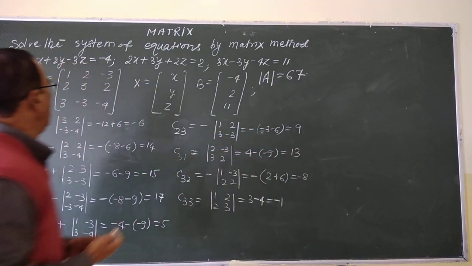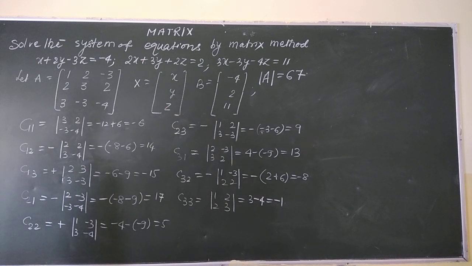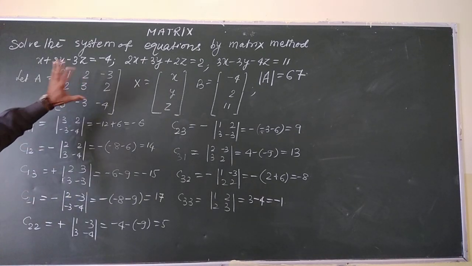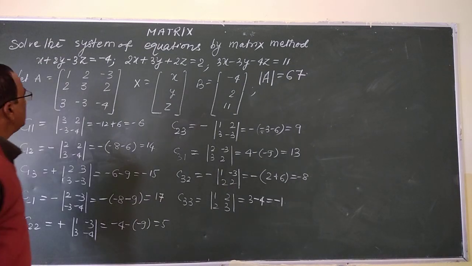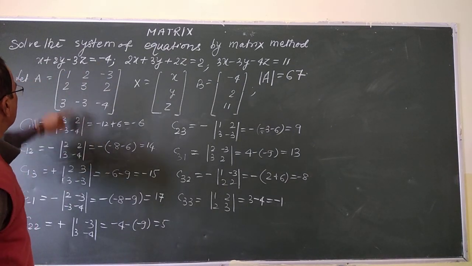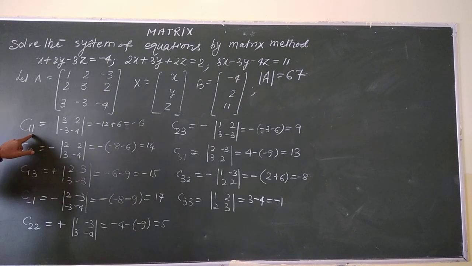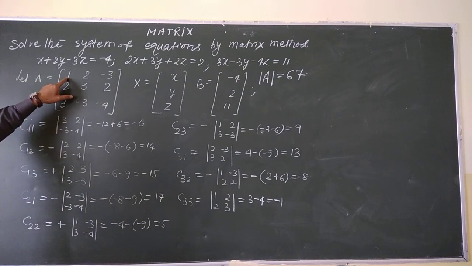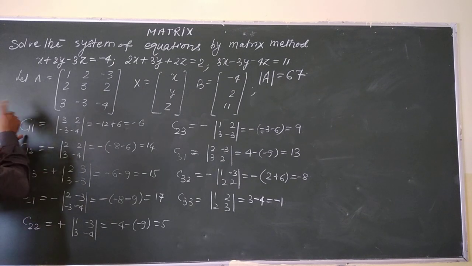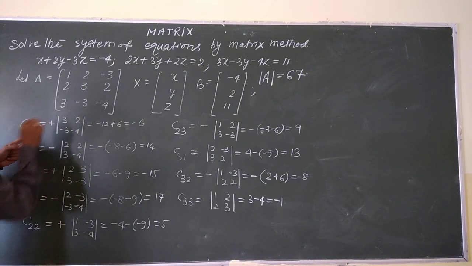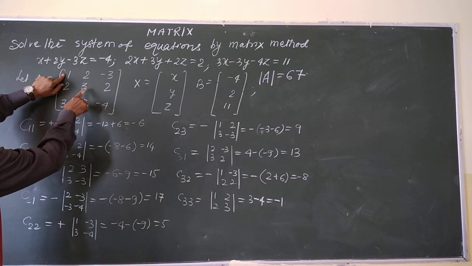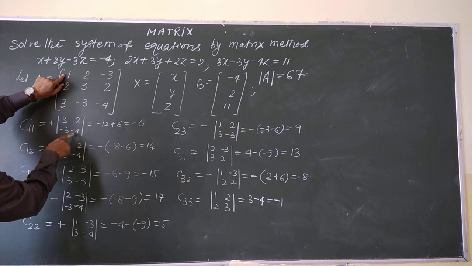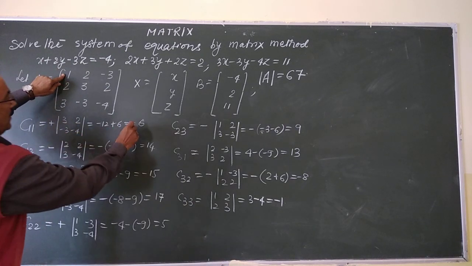Now we have to find the inverse of this matrix, and before finding the inverse we have to find the adjoint, and for the adjoint we have to take cofactors of each element of this matrix. So cofactor of 1, C11, lies in first row and first column. So minus 1 to the power 1 plus 1 is 2, so it will be positive. So 3 into minus, close this row and this column. Then 3, 2, minus 3, minus 4: minus 12 plus 6, result is minus 6.